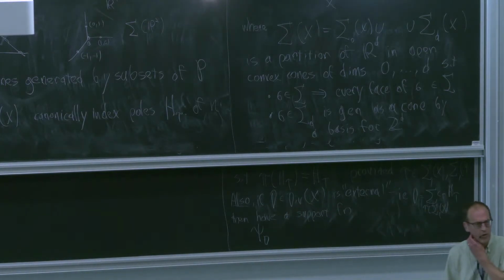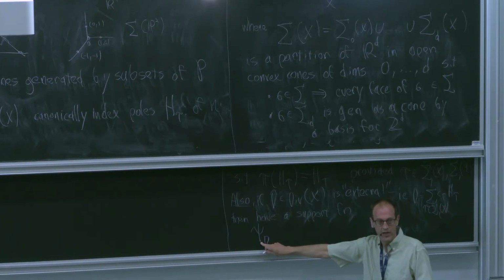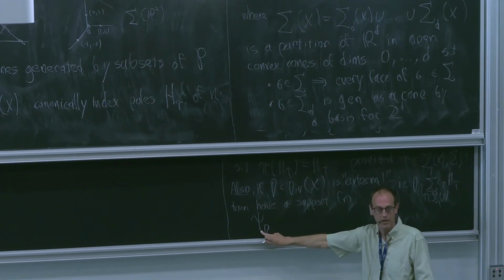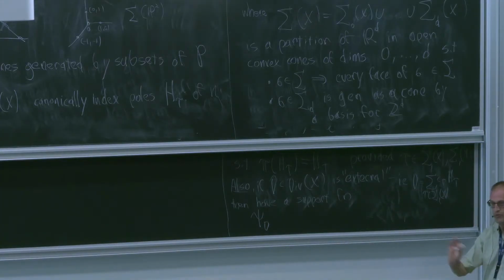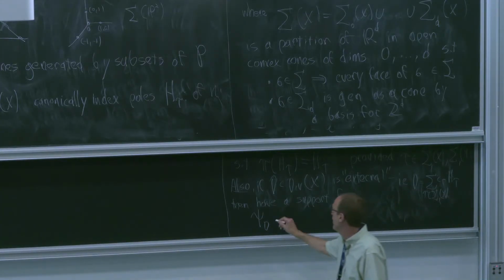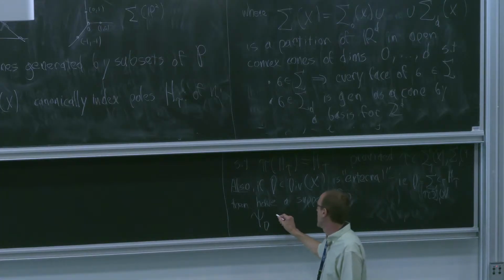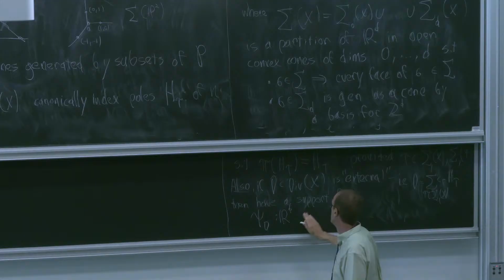Notational note: I'm going to use a little psi now. Later there will be a capital psi, which is only loosely related to little psi. The notation is not going to stay ideal. I probably already used the same letter to mean different things. It's going to keep happening, so just ask if it gets confusing. Okay, so you have a support function, psi D, on R^d into R, obtained